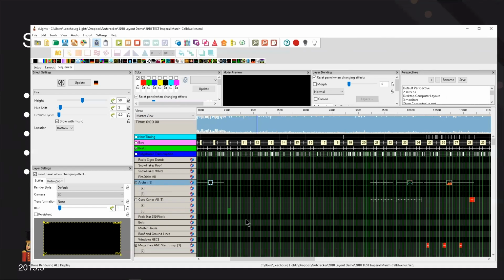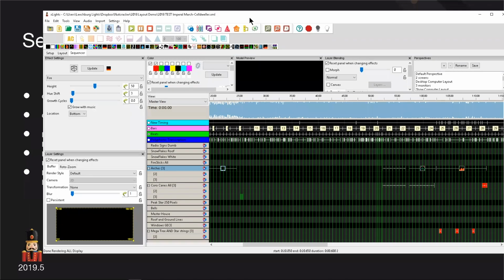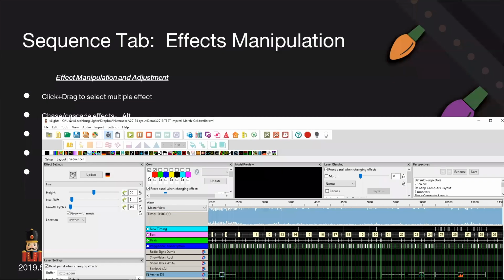The control key, the shift key, and sometimes the alternate key are used in your xLights sequencing screen. And this is one way that you can get around rather easily and quickly in xLights. So I think I kind of jumped a little bit, but I wanted to do a couple of click, drag, and